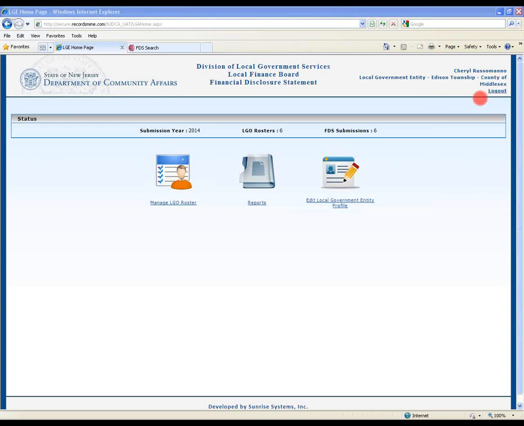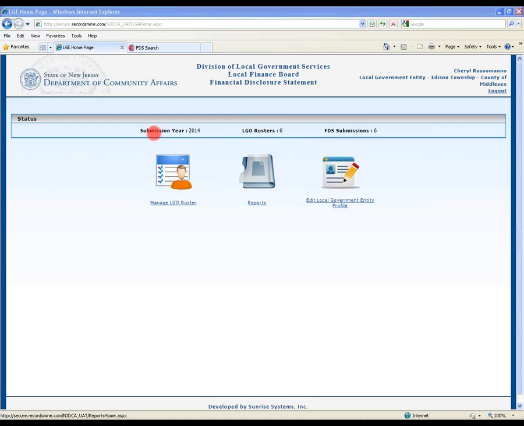Since this is a web-based system, there are several ways you can log out of the system. You can click on that logout button, and that will log you out. You can click on the X to close the browser in the upper right-hand corner, or if your browser has a different way to close, you can close it that way. That will log you out of the system. The last way is that if you have been logged into the system and haven't used it for a period of time, with no activity, for security reasons the system is going to log you out automatically. So that's another way you can be logged out of the system.